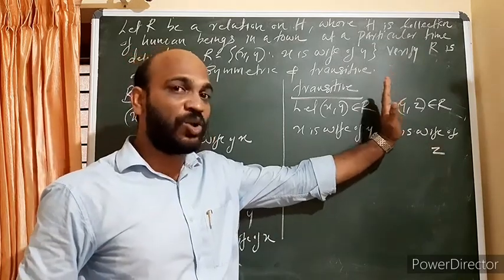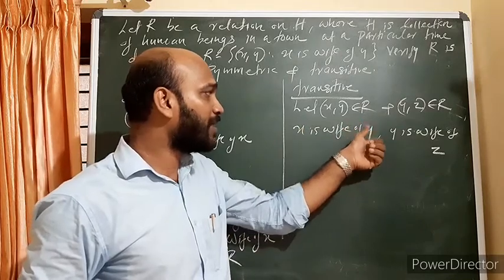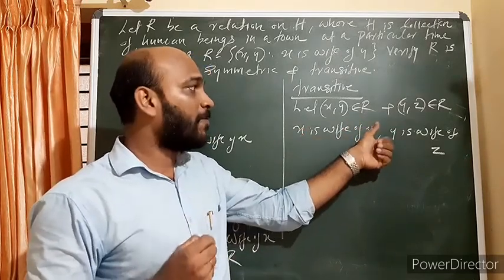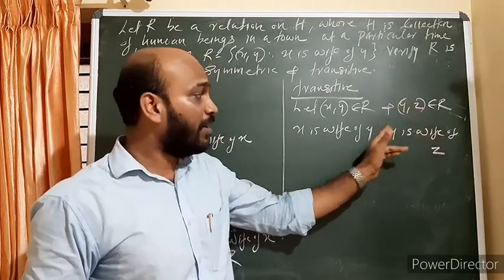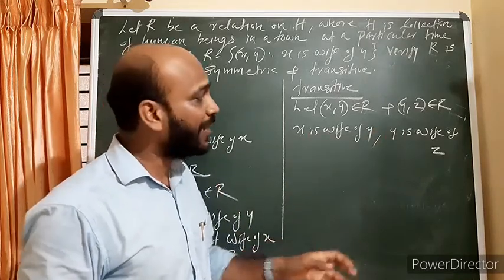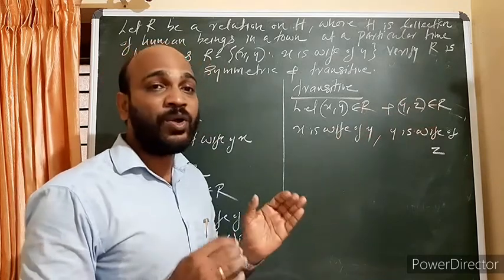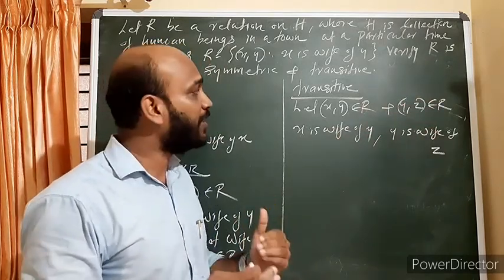Actually, second case is not possible, right? Because when X is wife of Y means X is female and Y is a male. Y is wife of Z means Y is female. Y cannot be both male and female. So second situation is not possible. That means we cannot prove that it is not transitive. So you have to say that it is